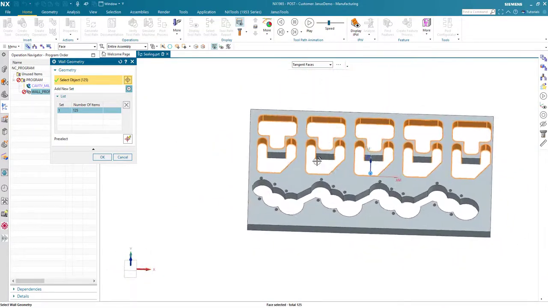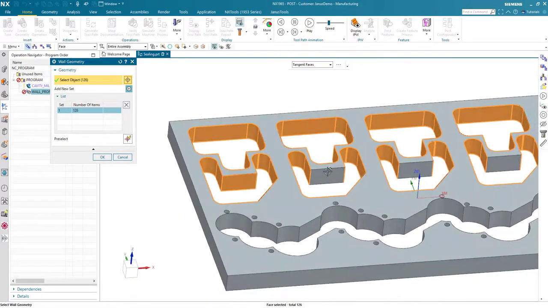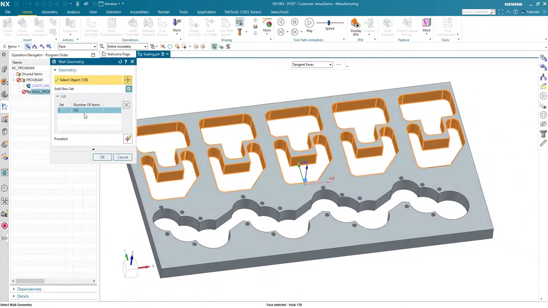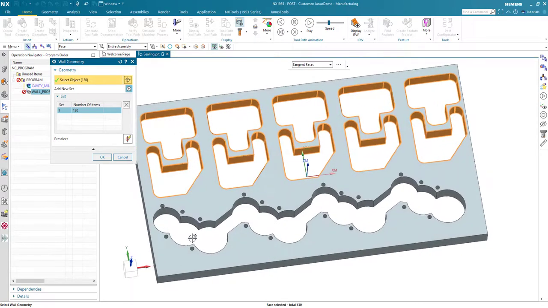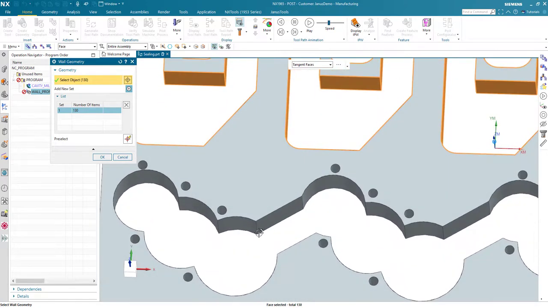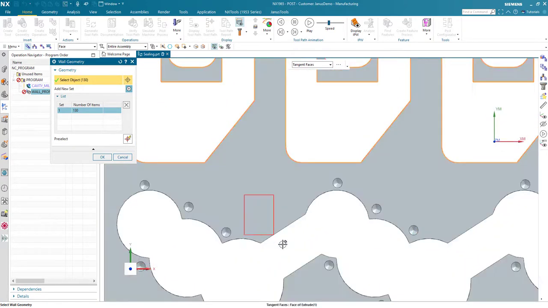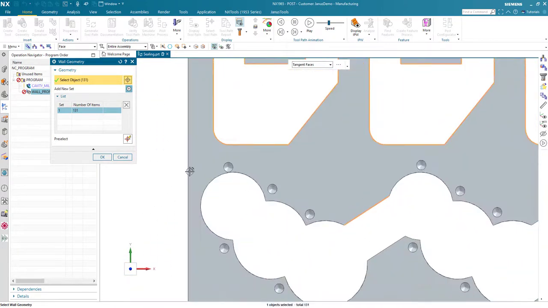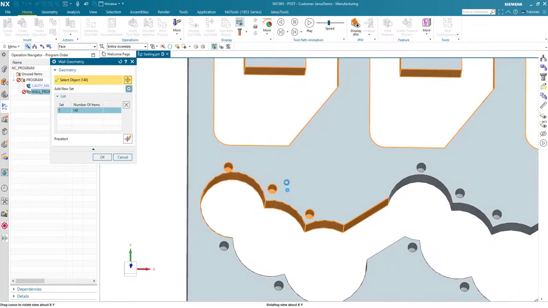So the upper part is now almost finished. I have to pick those in here as well. As you see, it's been about 130 faces. Down here, I also have some geometry. In here I could simply drag a frame around it, and therefore all the other faces will be selected as well. Well, yes and no. In this case, I have some other neighbor geometries in here as well.